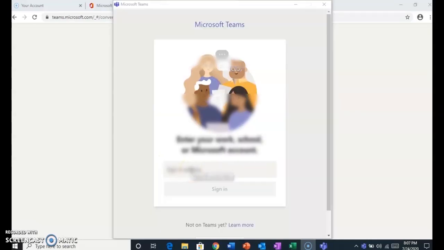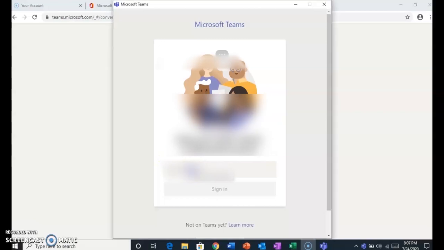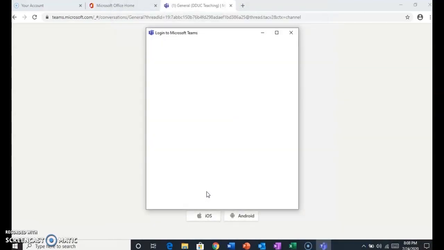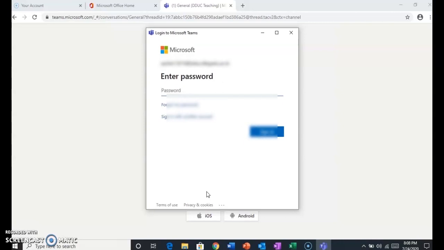So the introductory screen of Teams is available. You can again sign in with the same credentials. It's going to ask the password.